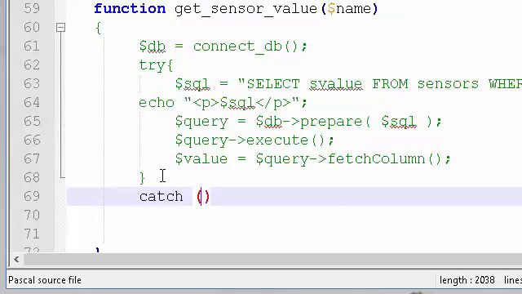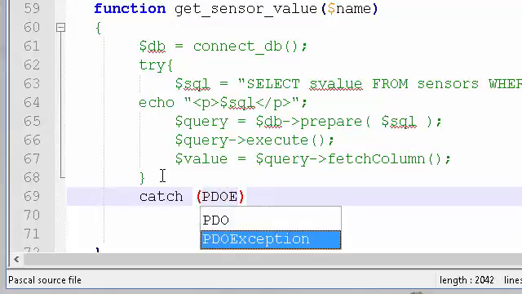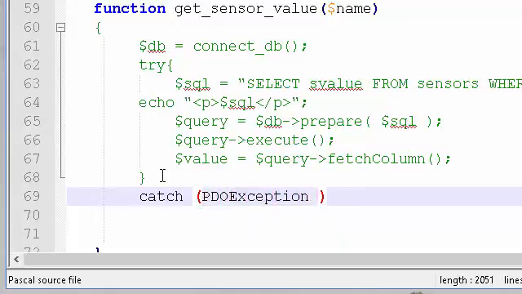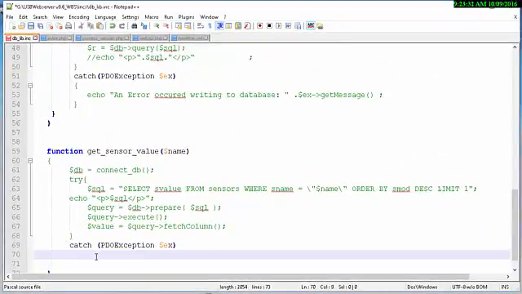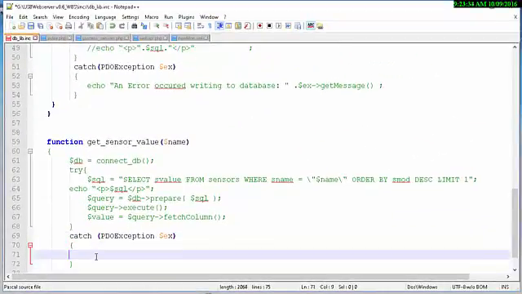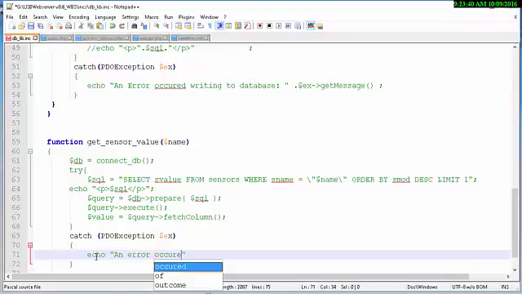So I'm going to catch the PDO exception into this variable here, and that way I can make sure that I send an error message. Now you wouldn't normally just simply echo out the message, but I'm going to do that right now just to keep it easy for the demonstration